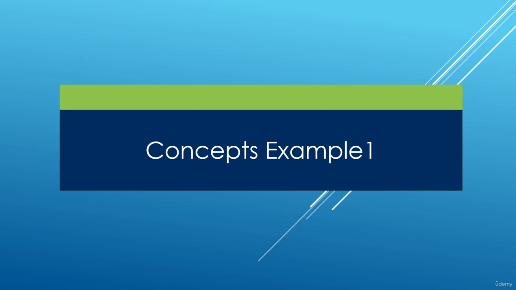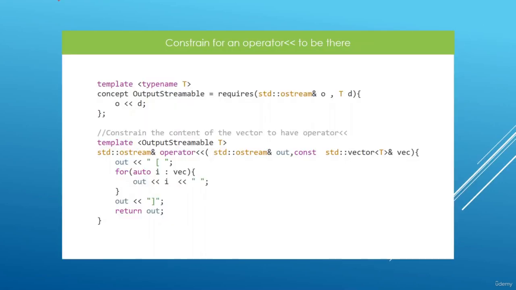In this lecture, we're going to see a simple example of how you can use concepts to make your job easier. And what we're going to do is enforce for things to have an output stream operator. If they don't have an output stream operator, we can't really use them with our functions. And what we have here is an output stream operator, which is going to be printing out a vector of